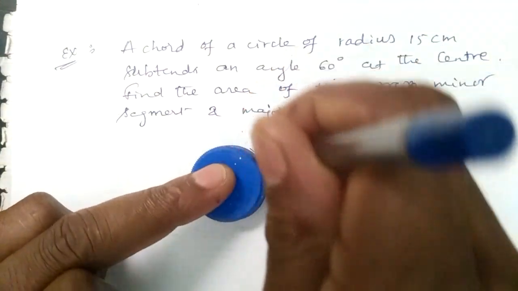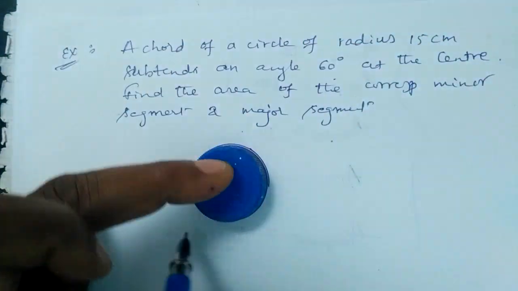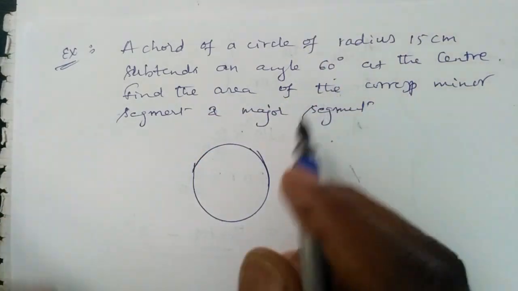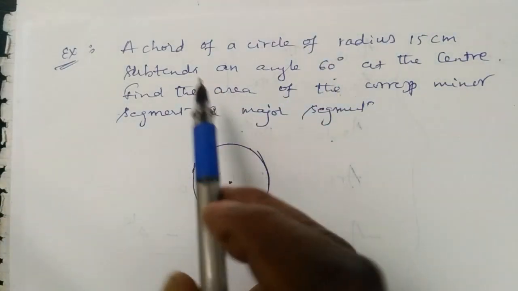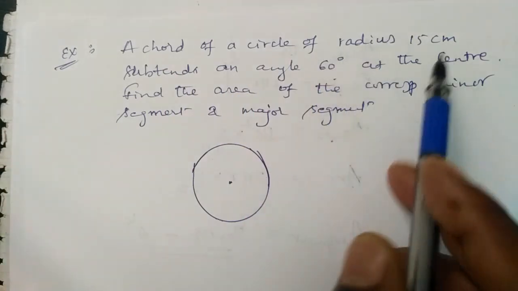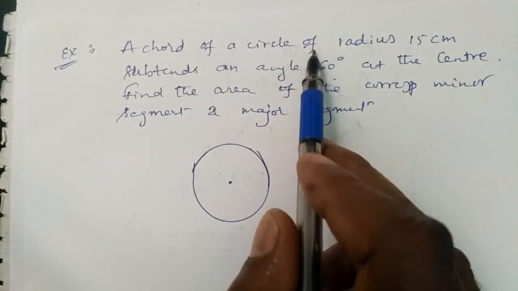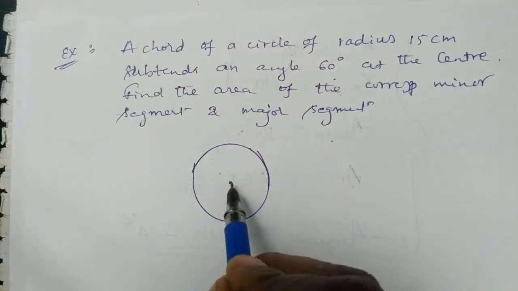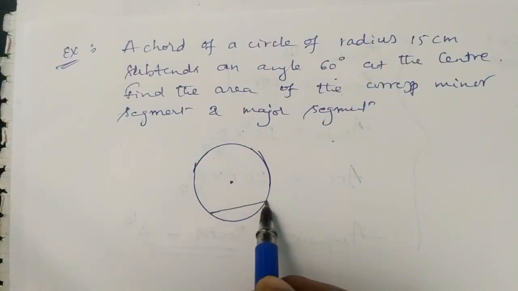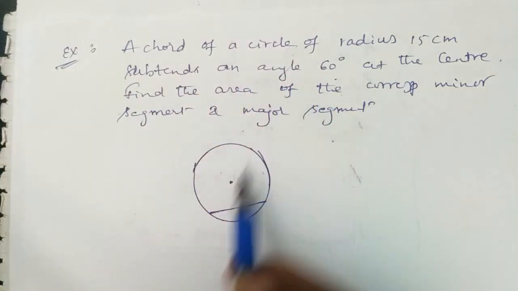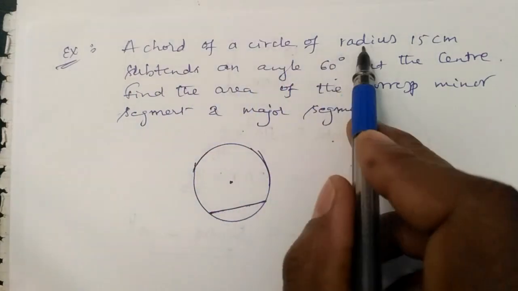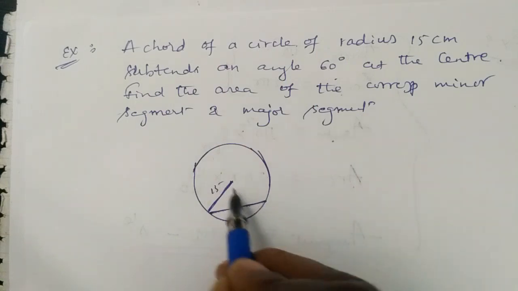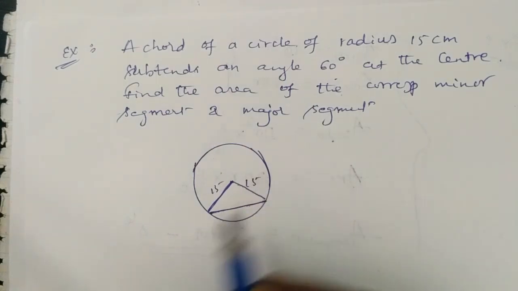So we go to the diagram, the required diagram. In that diagram, we will understand more about what is given. This is the center of the circle. It is not the length of the chord, it is the radius that is 15. So let us take this as the chord. This is the chord of a circle whose radius is 15. This is the radius, and this is also a radius of 15 centimeters.